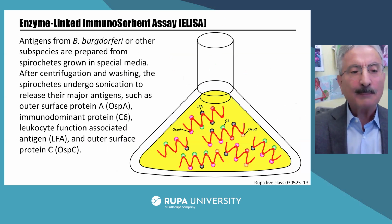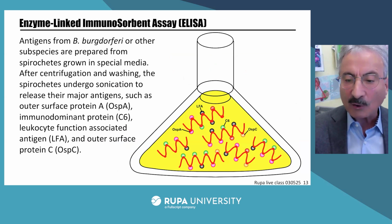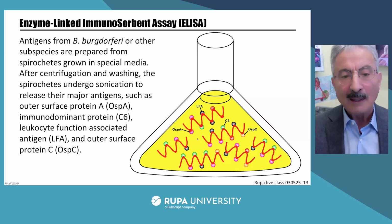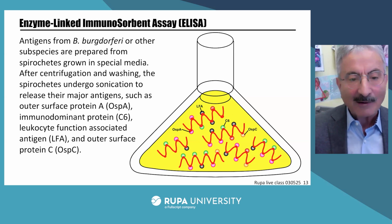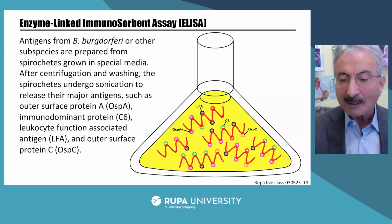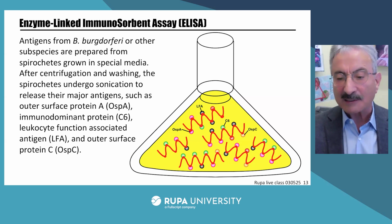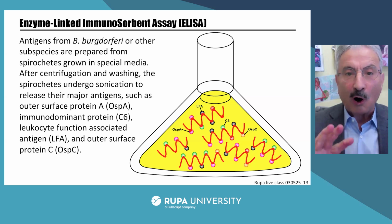So how do we prepare the antigen to put in that micro ELISA well or test tube? Microbiologists grow Borrelia in culture. They put in a medium, which is in yellow, and then they put in Borrelia, and they keep it for 24 to 72 hours, and the Borrelia grows. Then they harvest that Borrelia expressing all these different antigens: OspA, C6 peptide, OspC, leukocyte function associated antigen. By breaking down the Borrelia, we take the antigens, meaning a mixture of all the antigens contained in the spirochete, put it on the ELISA plate, and we measure antibody against all the antigens